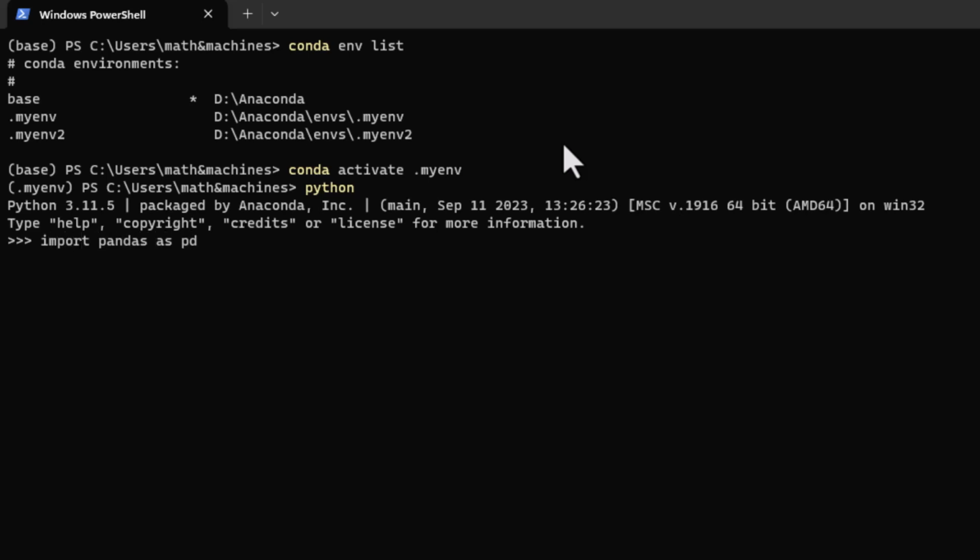It's a huge module, right, huge package, so it will take a while to import. Let us check out the version. Right, so you can see it's 2.1.1. Let us exit,